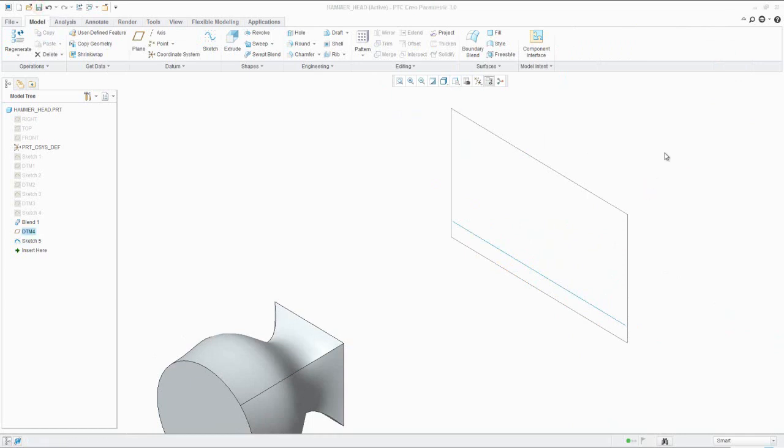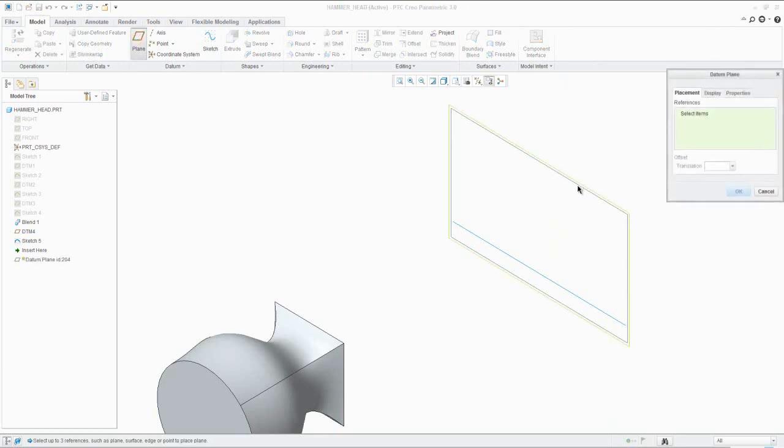Now create another datum plane. Activate the tool. First, select this datum plane, then hold down the Ctrl key and select this sketched line.